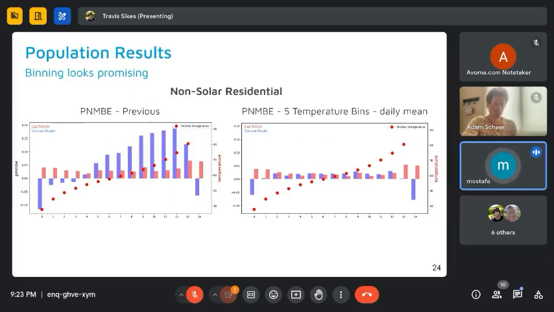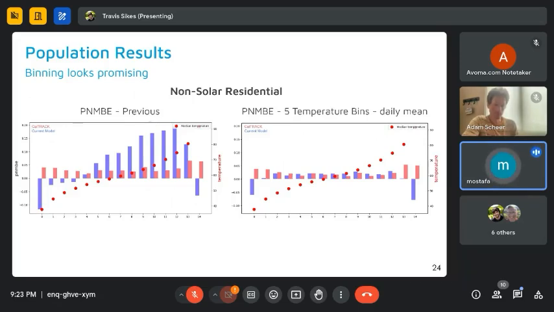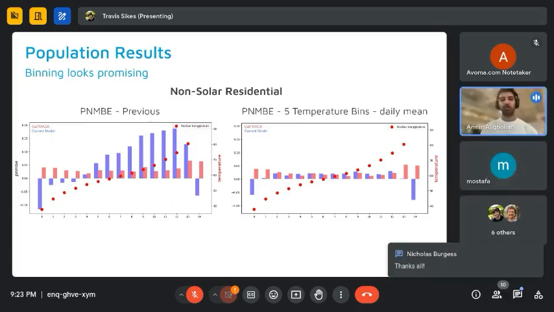Instead of 5 temperature bins, increase the bins to, for example, 6 or 7, to see what is the change. Probably you may see a difference, or maybe that U shape can be resolved. Yeah, Mustafa, that's actually a really good idea.